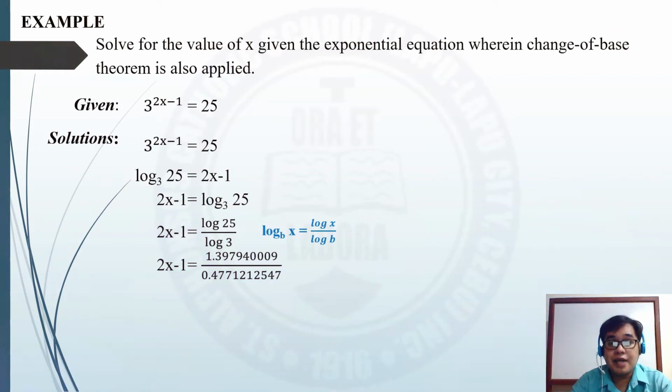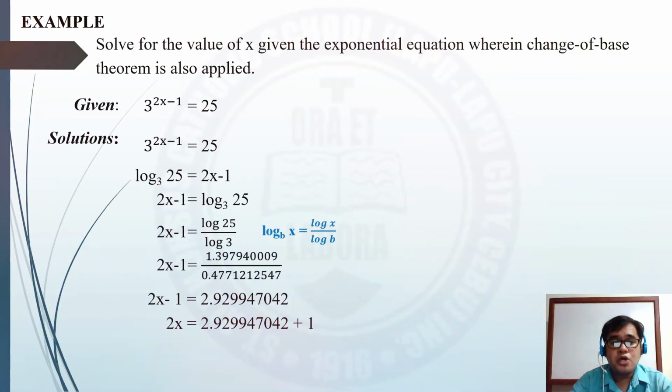1.3979400009 using your calculator, and get also the value of the logarithm of 3 using your calculator. So we have 0.47712125447. So simplify them further using the division process, and the equation will become 2x minus 1 is equal to 2.9299470042. After that, transpose negative 1 to the other side of the equation, and it will become 2x is equal to 2.9299470042 plus 1, and get its sum, and it will become 3.9299470042. After that, we are going to divide both sides of the equation by 2 so that x will be isolated, and our value of x is equal to